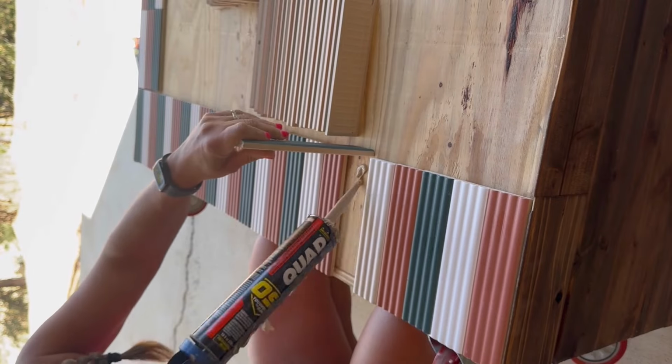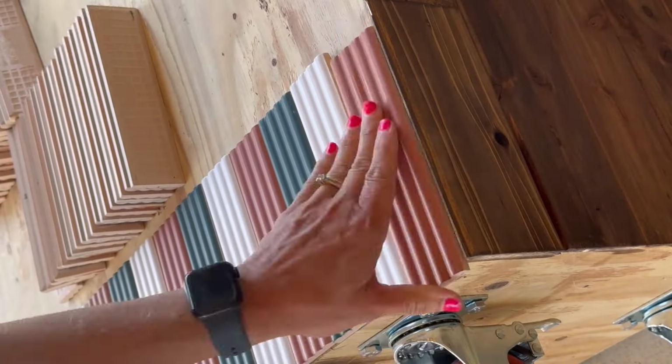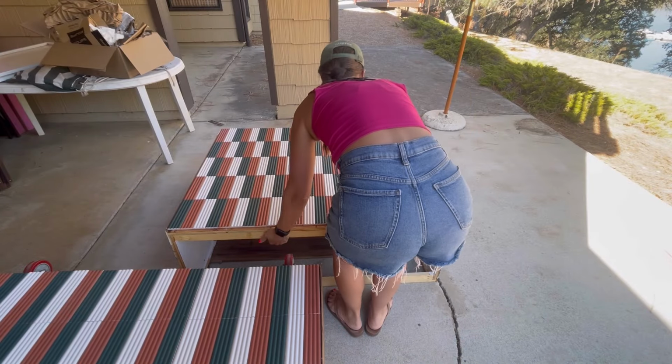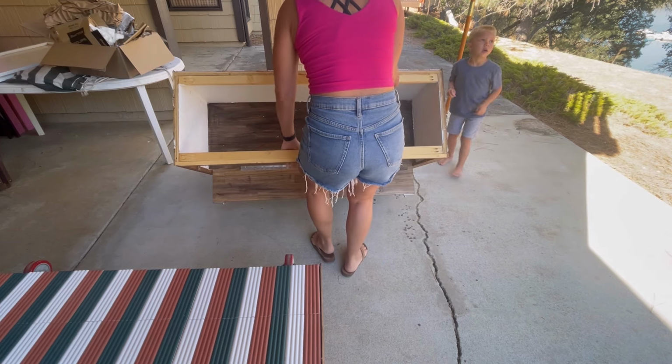It's very fast, needs very minimal tools, and I stacked them right next to each other so that I could eliminate the need for having to grout. And here they are just flying up, but it looks so fun, so festive, and I cannot wait to create some drinks. So after I got this first one done, I let it dry overnight and then popped it up,